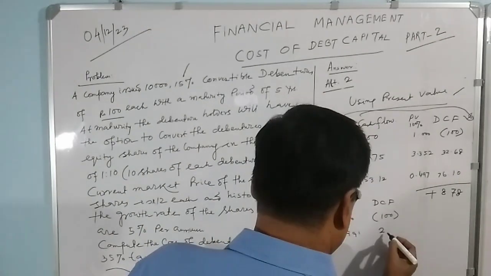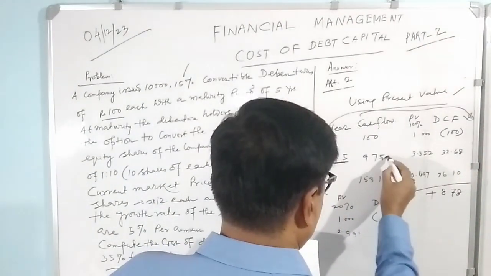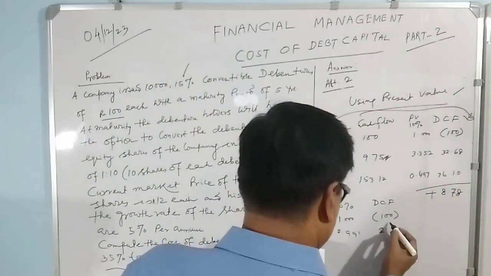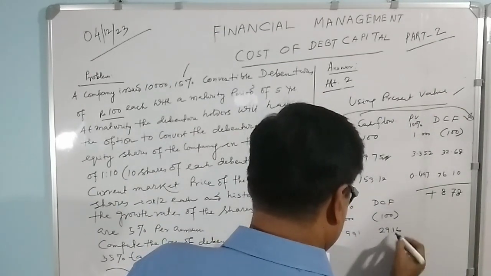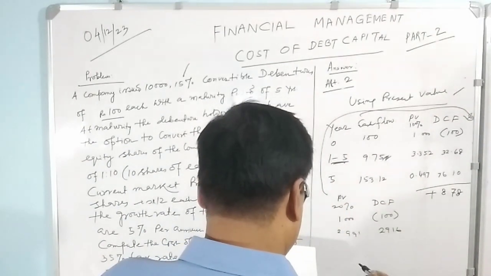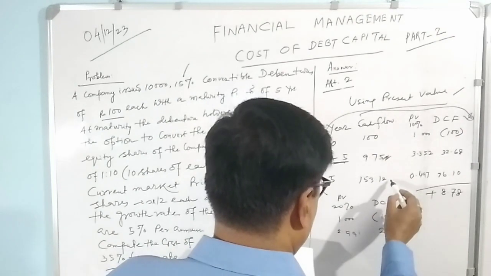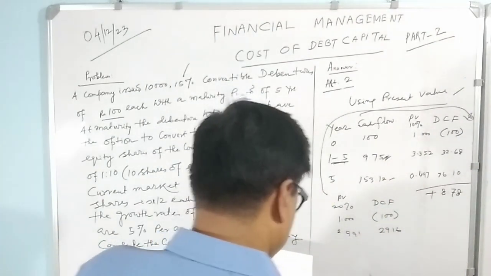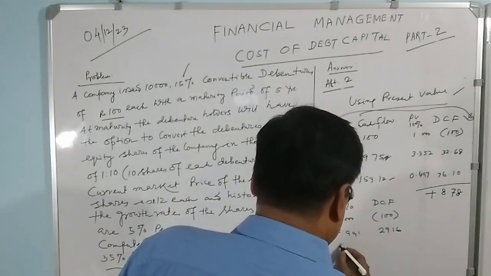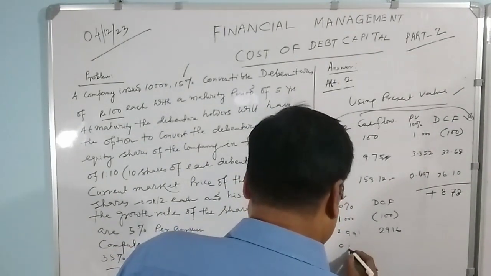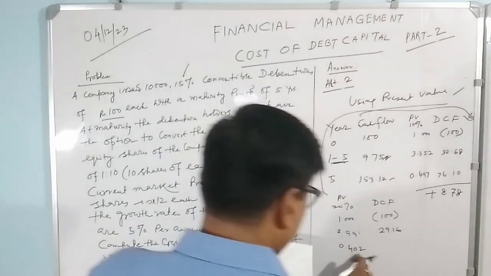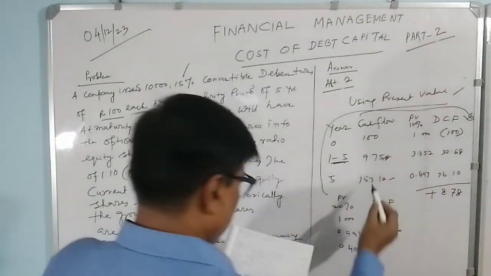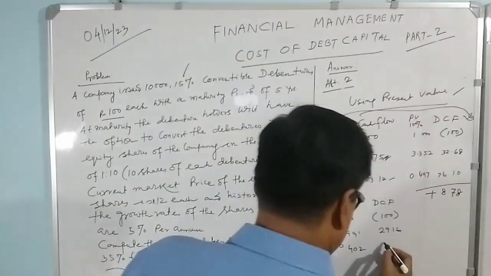So this multiplied by 9.75, it will come 29.16, and your end year 153.12, and the PV factor is 0.402. If you multiply 0.402 into 153, it will come